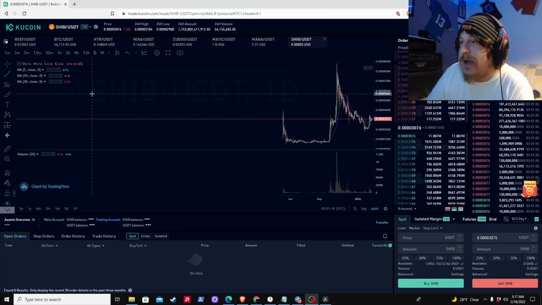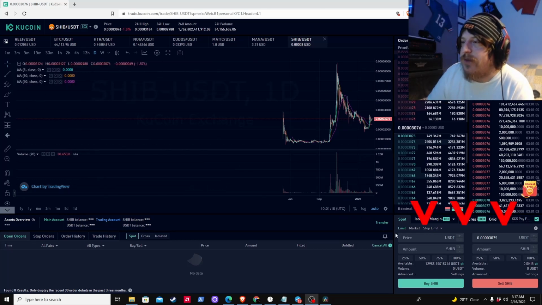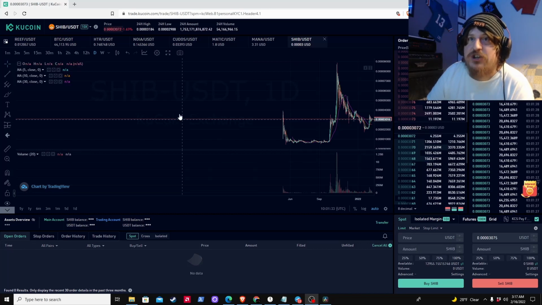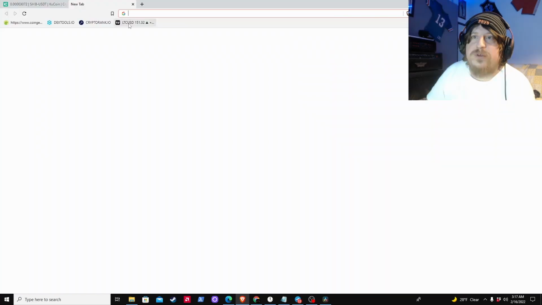Now we can navigate down here to the bottom right where it says limit, market, and stop limit. Make sure that we have limit clicked. Now, before we input the price, I want to figure out the amount of SHIB I want to buy. If you haven't watched my Coinbase Pro video yet on how I identified that, I'm going to show you again in this video. We're going to go up here and open up a new tab, and we're going to type